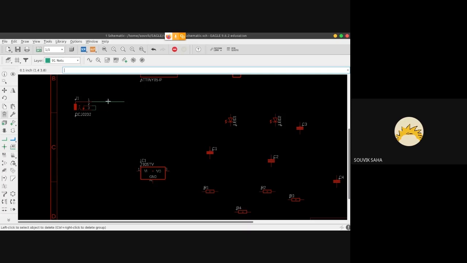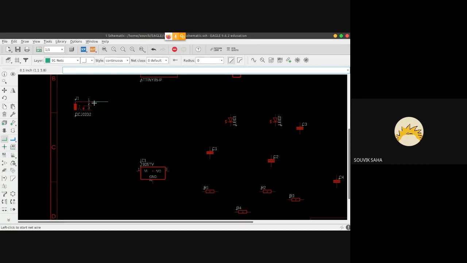So how it works is, the first connection is with this power jack. Is it the same? Yeah, it's the same. Okay, cool. So on the power jack, pin 1 is basically the input, and the rest of the two pins have to be connected to ground. So there's this trick. Click on the first pin, extend it like this, and then click on name over here. You have to make a small extension here, it doesn't matter how long, a fair amount of distance.